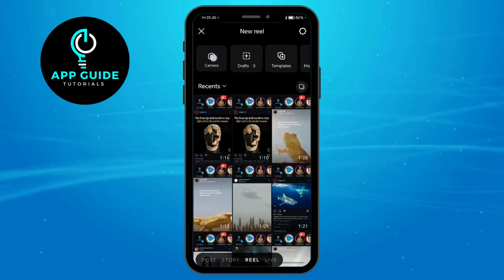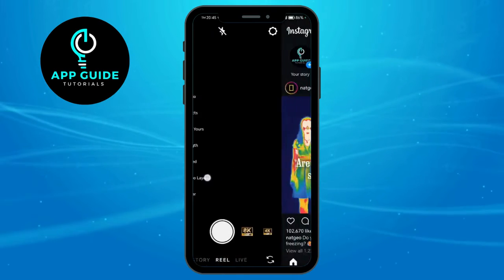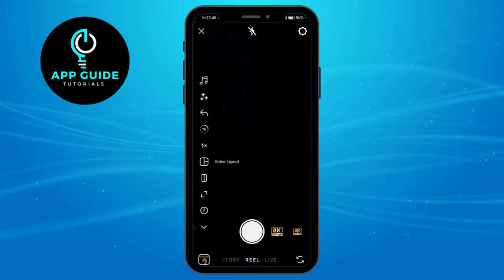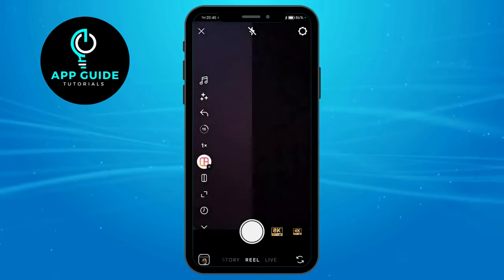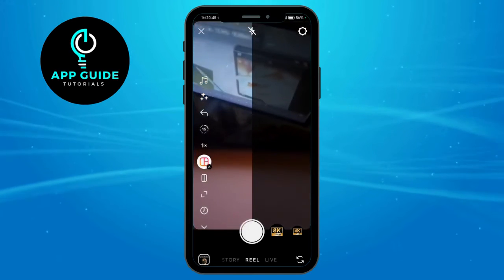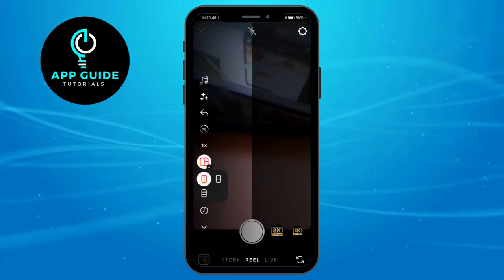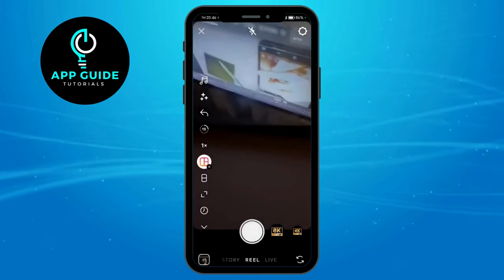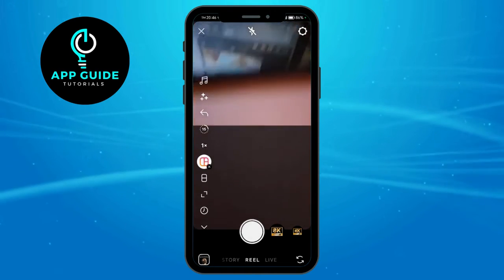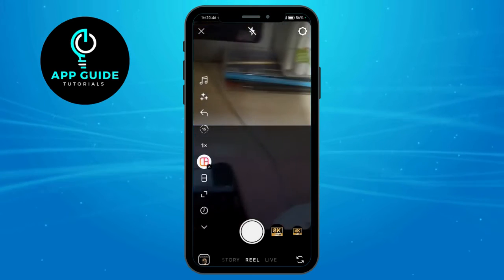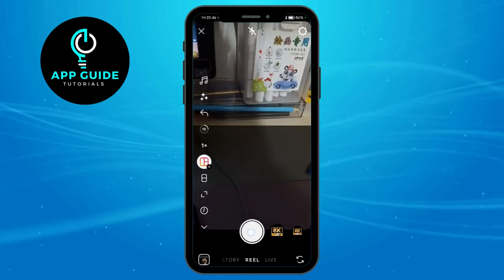You just have to tap on this camera right here and go to video layout. Once you're here, it will give various options to choose from. You just have to tap on this button right here and change the way your screen is split. Let's say this one. Now, if I capture one of this video, let's say this one,